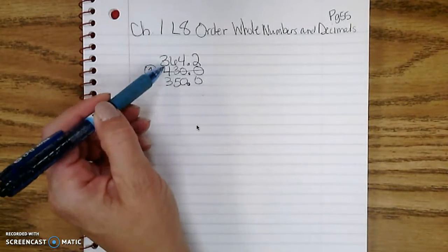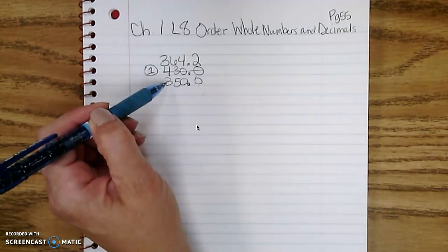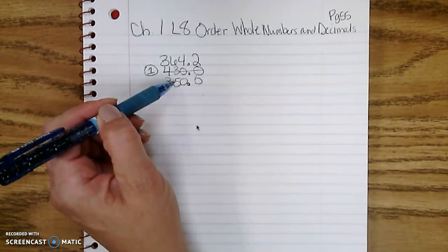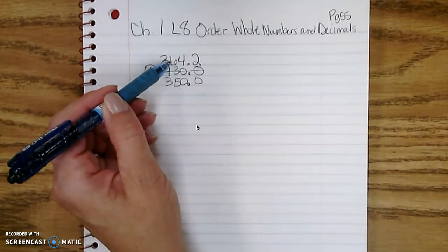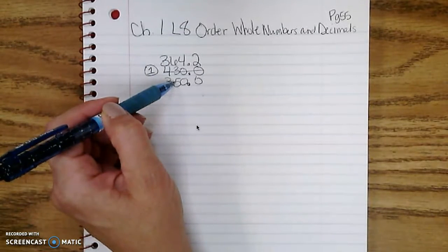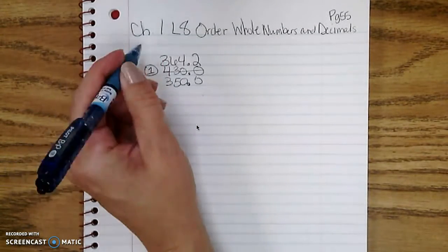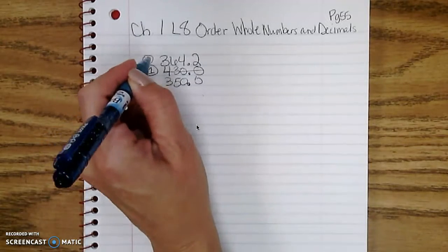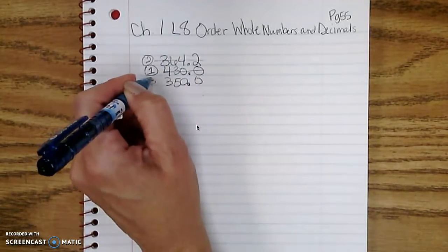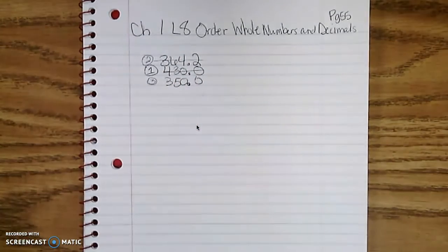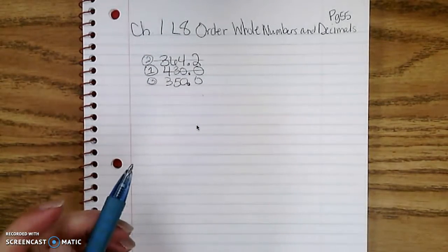Then I have here a 3 and a 3. I cannot tell from those two which one is greater, so I move over to the next place value, and I look at a 6 and a 5, and I know that 6 is greater than 5, which makes this the second number in order from least to greatest, and this is the third number from least to greatest. And then or greatest to least. And then I have to always look at